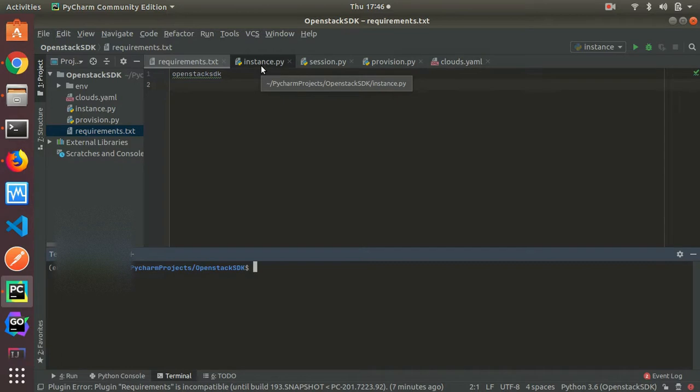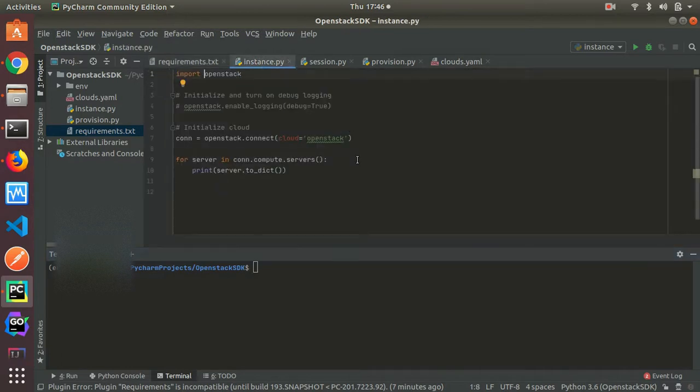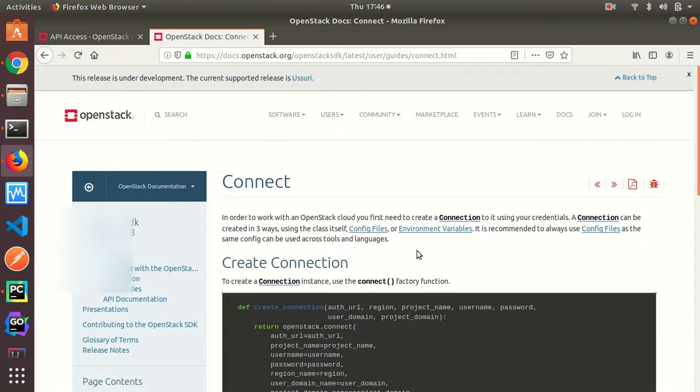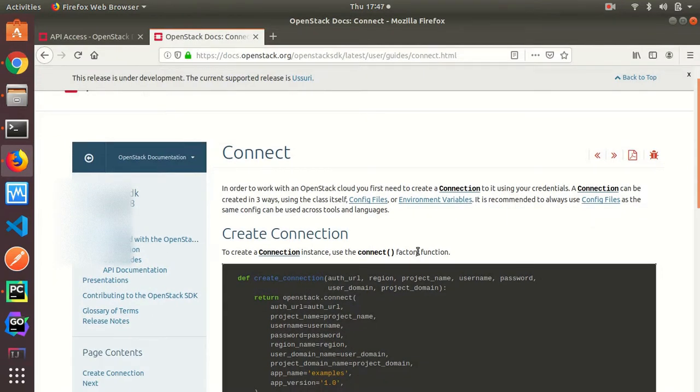Let's move to the coding part. First we will connect to OpenStack. Before that, I will show you something important in the official OpenStack SDK documentation. They mention three ways of creating a connection with the OpenStack provider: a config file, environment variables, and using the class itself.